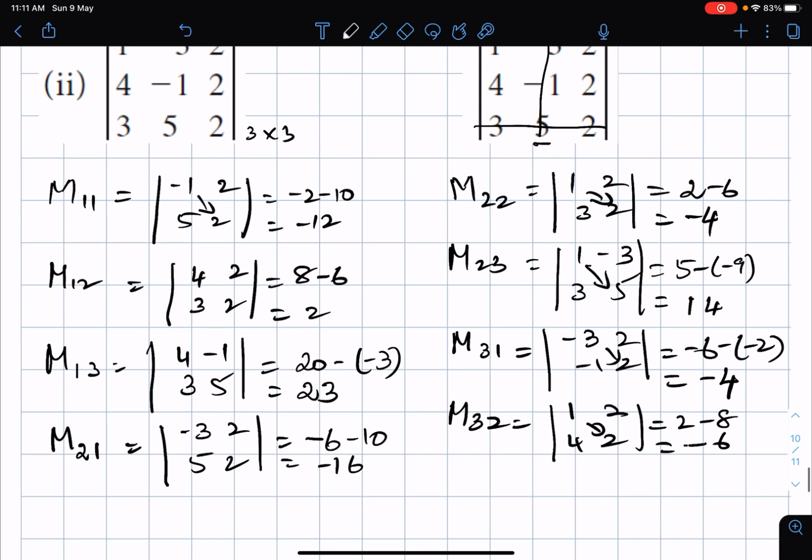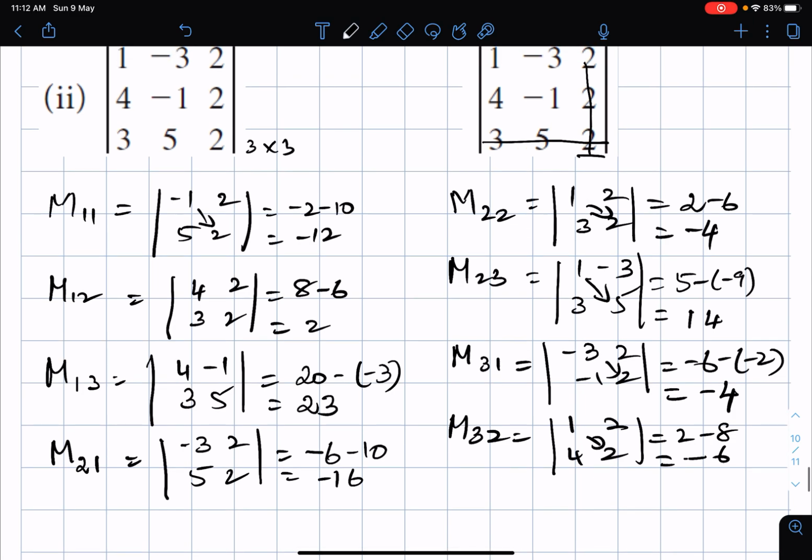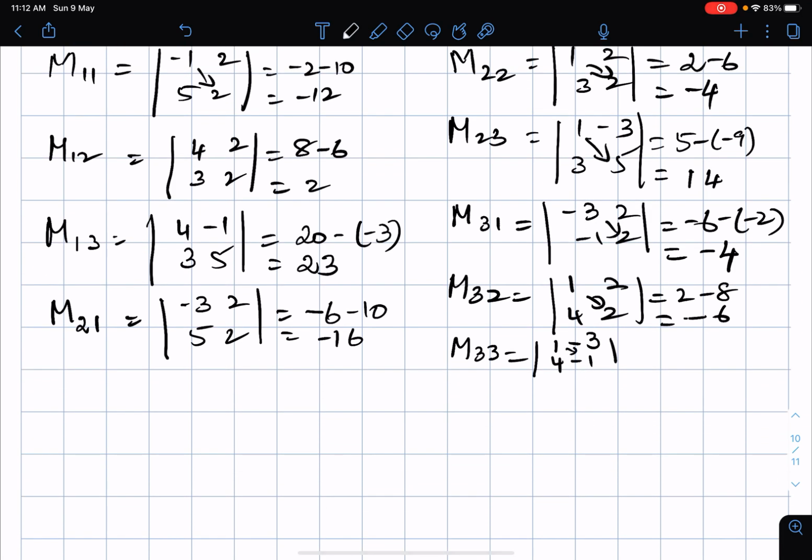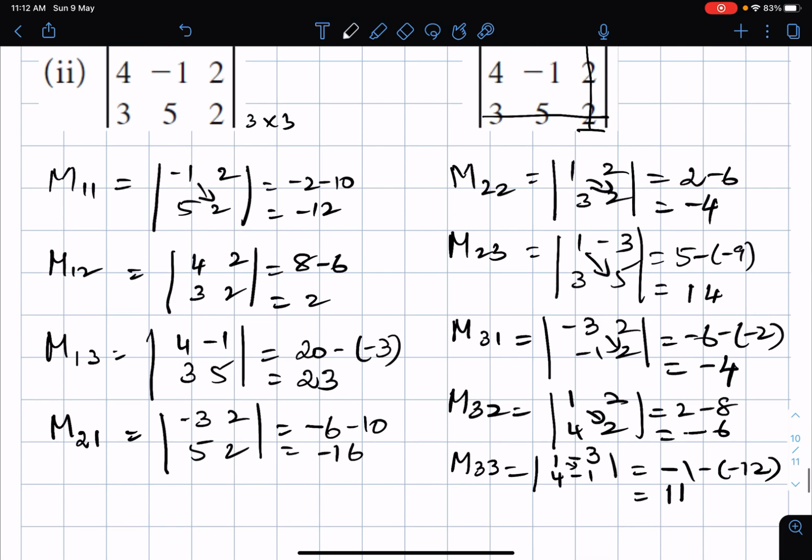Then the last element of the last row, it is going to be 2. So cancel the third column and the third row. You will get the determinant as M33. Then the determinant is 1, minus 3 and 4, minus 1. So when you multiply this, you will get minus 1 minus of minus 12. That is going to be minus 1 plus 12. So your answer is going to be 11. So we have got the minors. Now we are going to write the corresponding